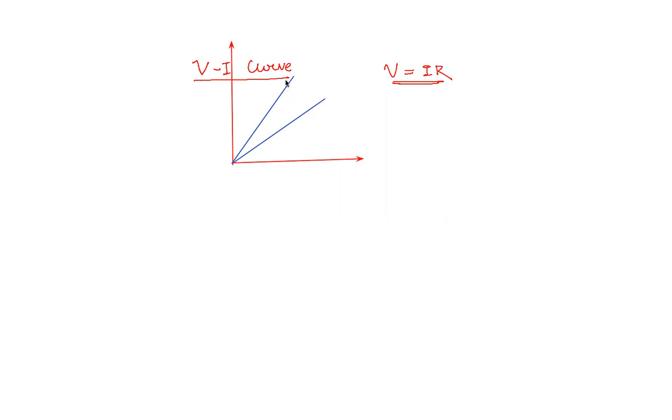It is given that if we plot a graph, then the upper curve is at temperature T1 and this one is at temperature T2. This axis is the V axis, where our voltage is taken, and here current is taken. It is given that this line makes an angle of theta 1, that means the slope of this line is tan theta 1, and this one makes an angle of theta 2, right?